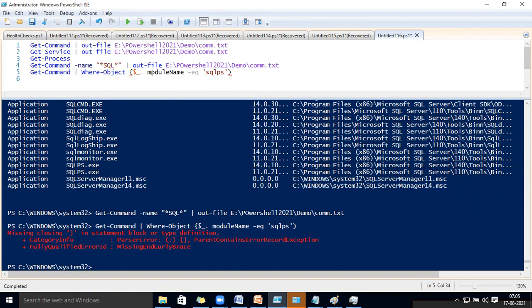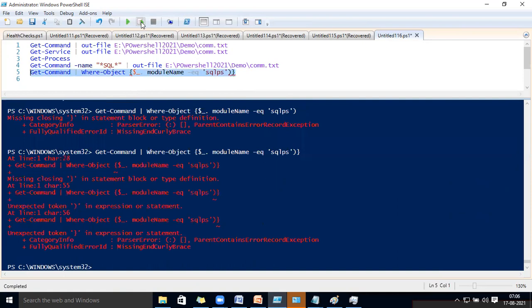There shouldn't be any closing bracket, it should be a curly bracket. Yes, at the end, before the curly brace, sorry. I had given this one.